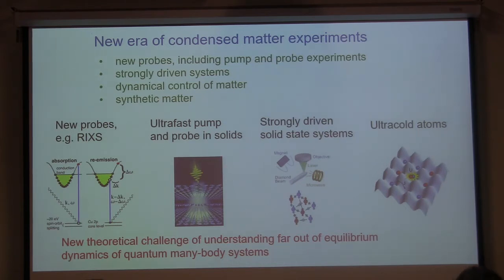Then another quite active field is pump-probe experiments, and I'll talk about one example of this, which is photoinduced superconductivity. By creating a non-equilibrium state, we can try to reach states which are not available in equilibrium. And then you heard about NV centers and ultra-cold atoms as these new examples of systems where they're so well isolated from the environment that you can drive them out of equilibrium, make some kind of quench experiments, or some kind of Floquet driving, and we'll hear more about it later in this school.